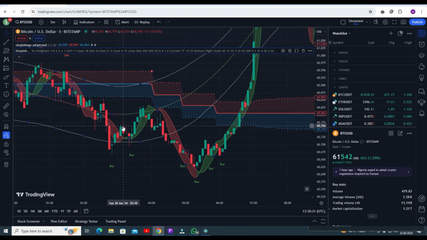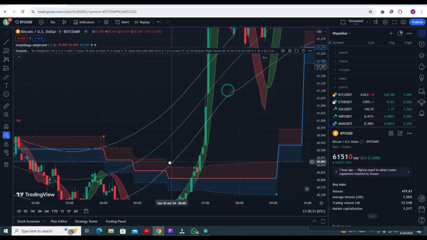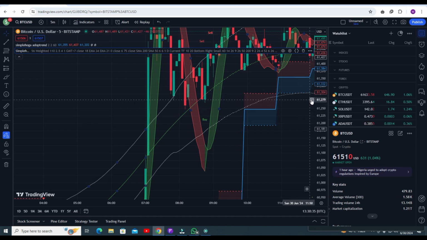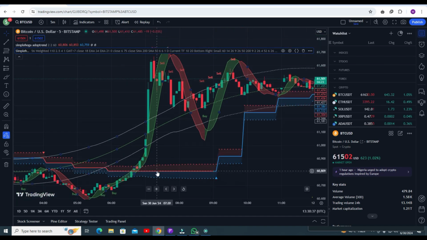This is the first strategy. I'm telling you, just listen to the second strategy and you will definitely love it. Just go for the sell trade if the trend line is red. Let's wait for the sell signal. And now you can see this is the sell trade. Just like I told you, you have to exit your trade because the trend line is red.